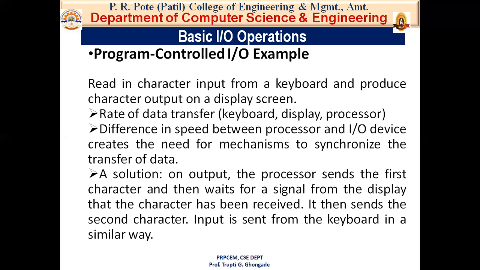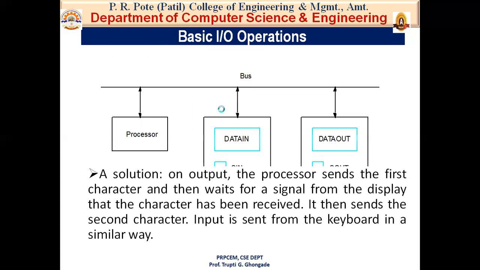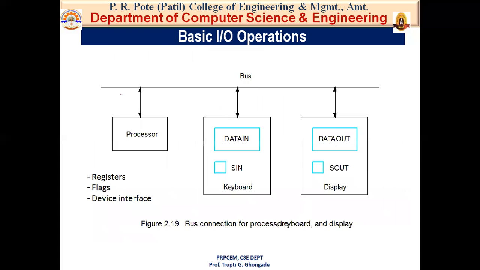As we know, your keyboard and display devices are separate devices, as shown in this figure. Your keyboard is one single device and your display is another device. Now, the action of striking a key on the keyboard does not automatically cause the corresponding character to be displayed. It is not done by your keyboard. It is done by your display device, your monitor, with the help of the processor.